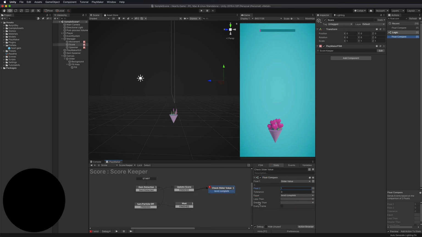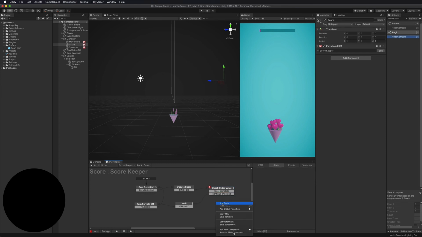And we need that transition in there. And we're also going to put that as greater than as well. So level complete. But if it's not, we want to continue checking. Okay. So add that transition. So here our slider value, if it's level complete, we want to go to a new state that's going to say level complete. If it's not, then we're going to continue checking. So we'll go back into our wait with the level checking.